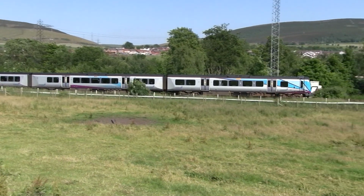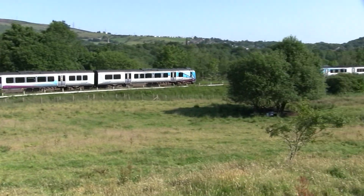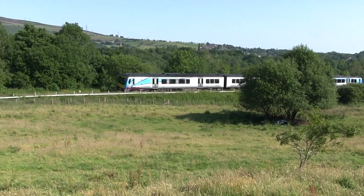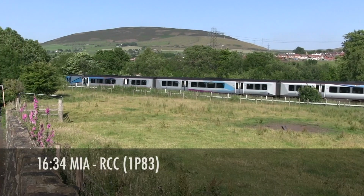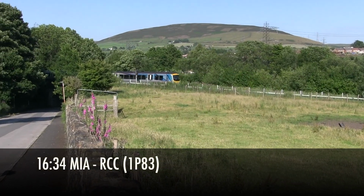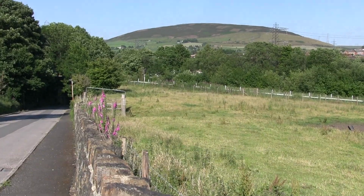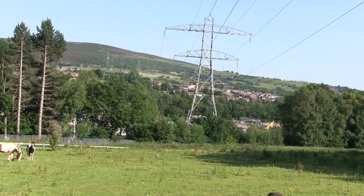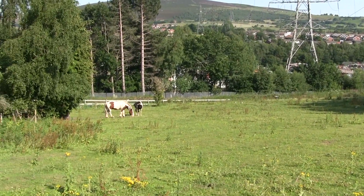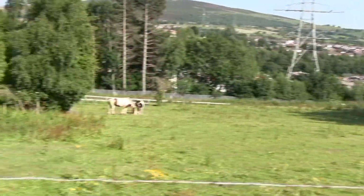There we are. And here's the double. Perfect timing. You don't get that very often. Right, we're looking back here, and although we're walking along a main road, look what we've got here now. I mean, there's a pylon or two there, but there's some horses and a nice bit of green grass. So let's keep...